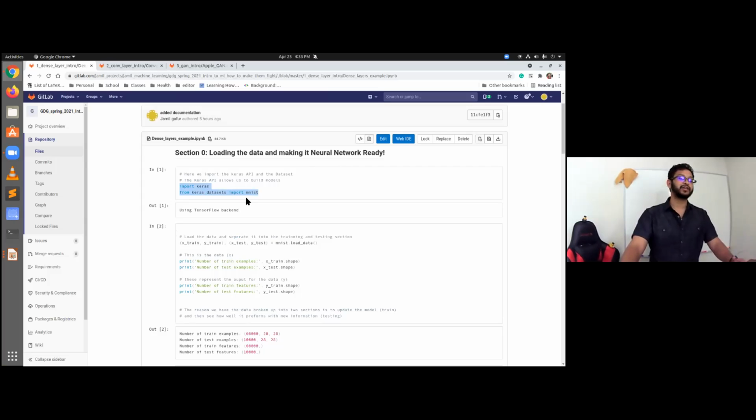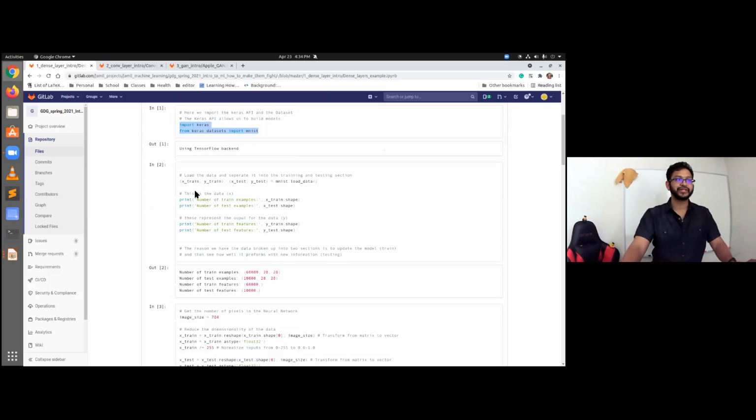MNIST represents about 100,000 images, and each image is 28 pixels by 28, and it's all black and white, and each image is essentially a hand-drawn number. So what we're going to do first is load in the data, and we're breaking it up into 2 parts, the training data and the testing data. And each training and testing data has input and its corresponding output. So we have the X input for training and its output, the Y training. And correspondingly, we have the X testing information and the Y testing.